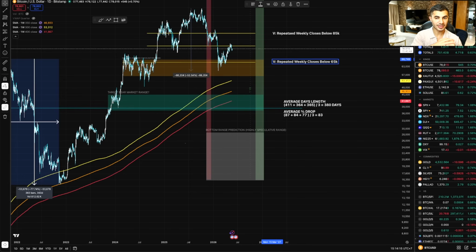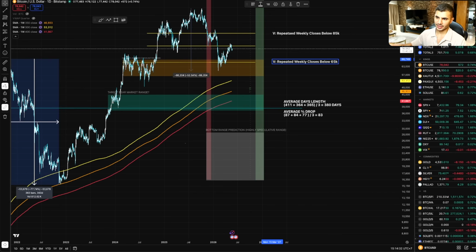Today we're going to be discussing how low can Bitcoin go. In this analysis, we're going to be taking it from a point of view of the 4-year cycle for Bitcoin, specifically the bear market phase of that cycle. We're going to be taking statistics and date ranges and make it all graphical so that we can all understand it better.